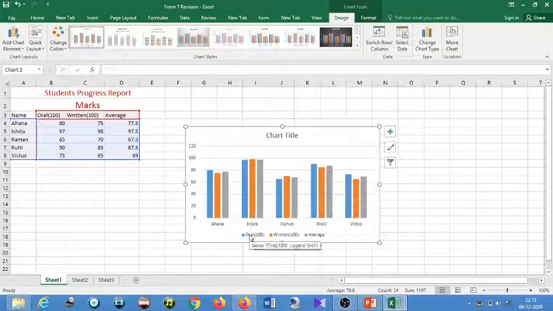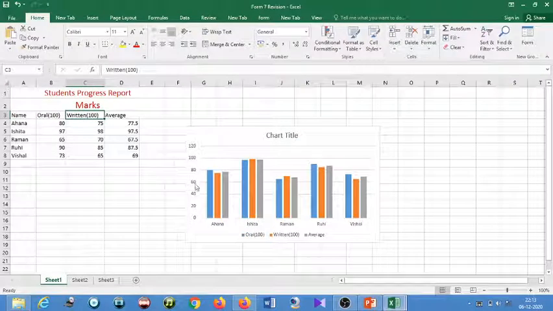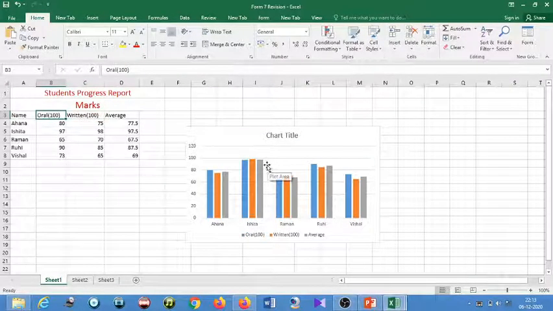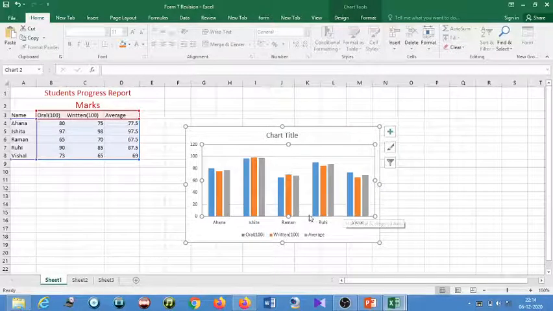Then the axis title. Here you can see the title. This is the chart title. Right now it is off, so you can show this axis title also. Afterward I will show you. This is the chart wall. Look here, wherever the actual chart is, it is known as the chart wall. I move my square-headed arrow, and it shows the chart wall.